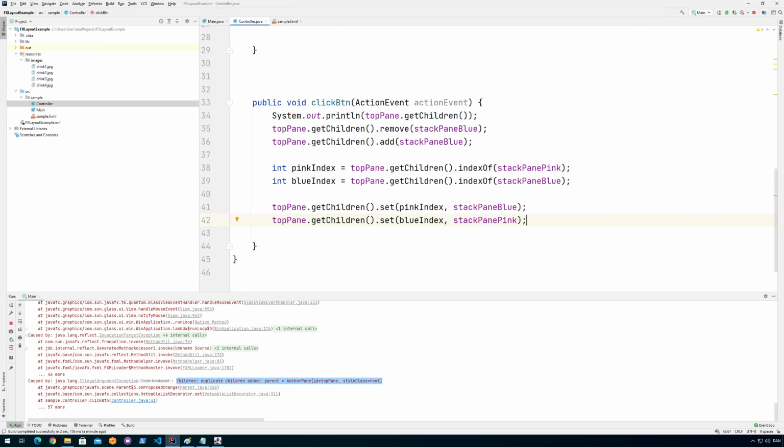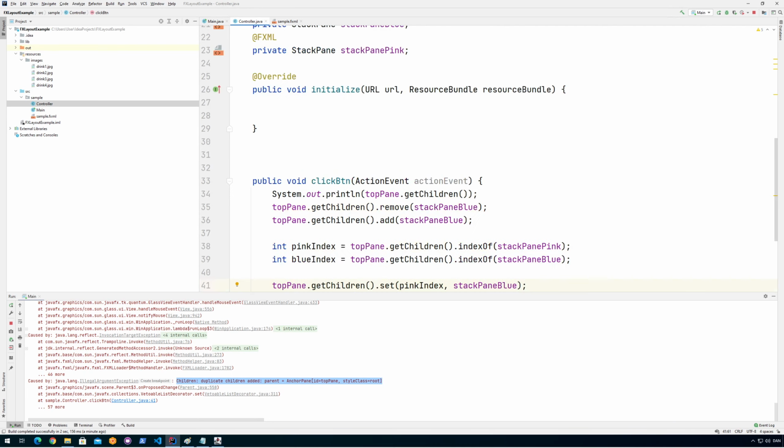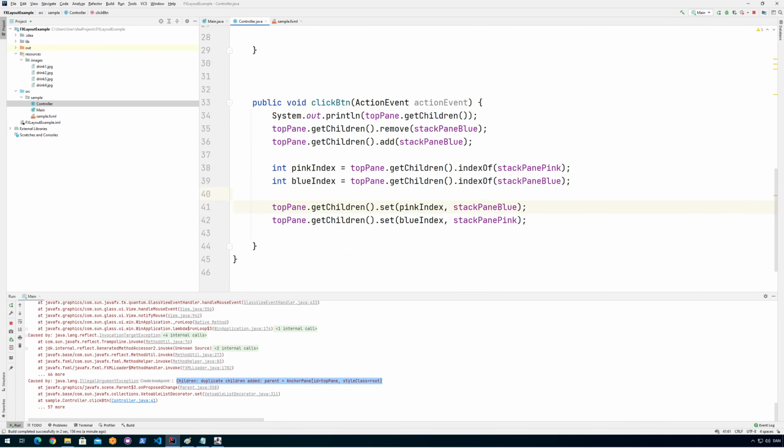So I need to do some kind of middle step, where I remove it and then put it back in, or have a placeholder in between just to make sure that nothing goes wrong like this. I'm not going into this because I think you can figure that out. It's not that complicated, but yeah,